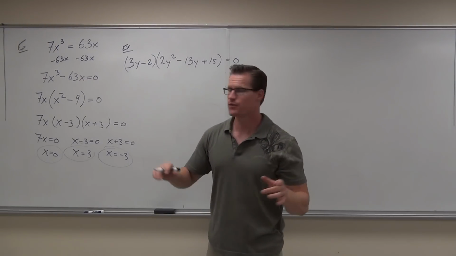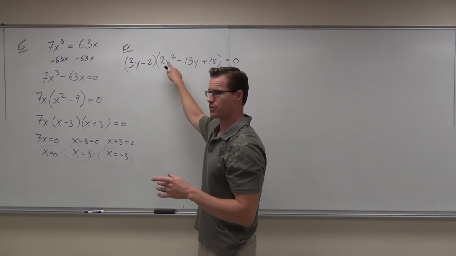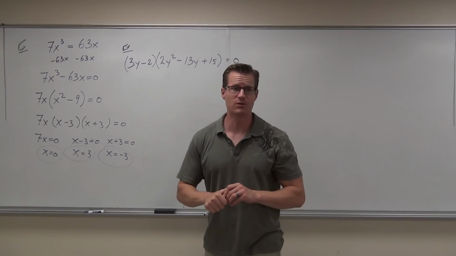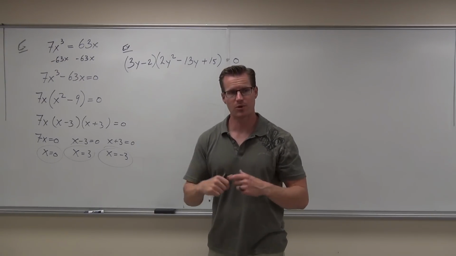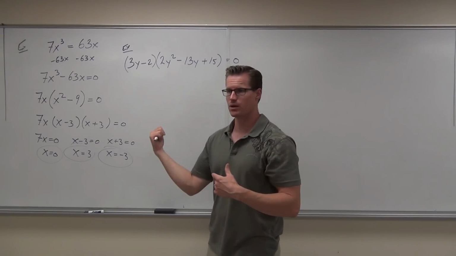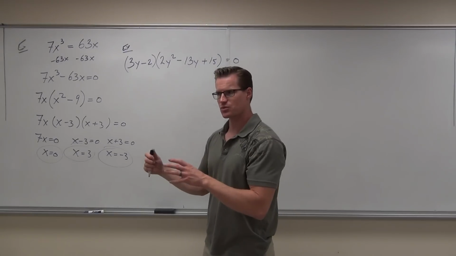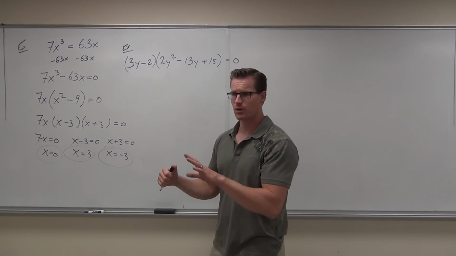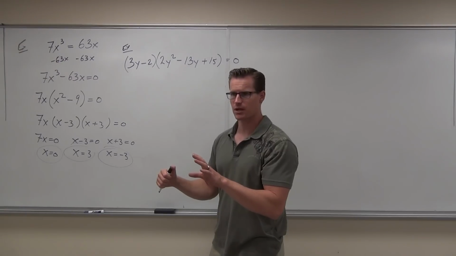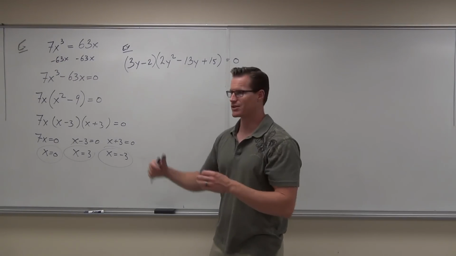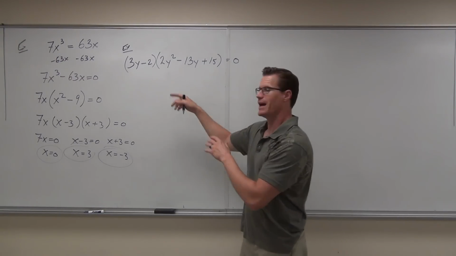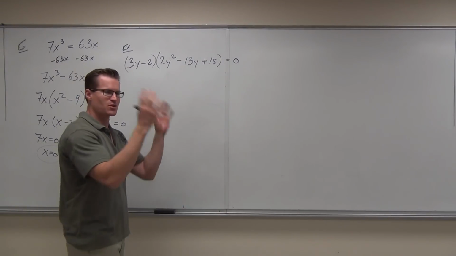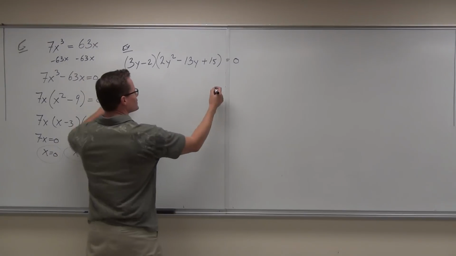Here's why. If you distribute this right now, you're going to get a y to the third power, and I have not taught you how to factor y to the third powers in general. I've given you very special cases when they group and when it's a sum or difference of cubes. This is not one. So if you distribute this, that's the wrong road. What you do is this. Just like I told you, everything to one side with 0 on the other side, and then you factor. It's already started. It's already factored. So as I've been gabbing on, you should have been factoring. I hope that you were, not just listening to my drivel here. So if we do that,